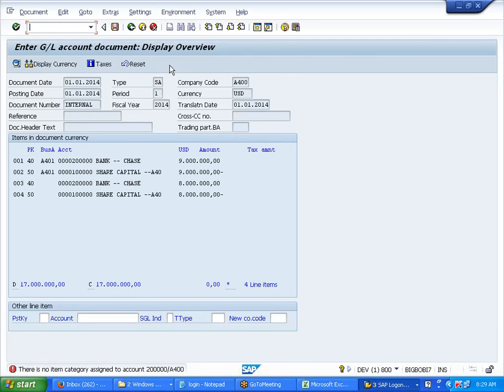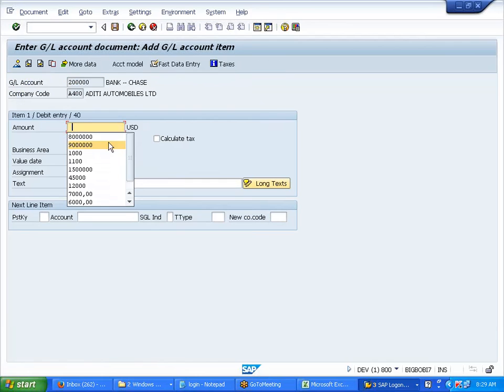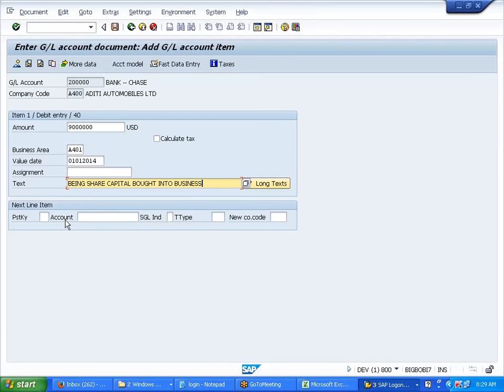I think I need to redo it again. 02 series. So I'm giving business area, value date. I'm posting again 40. I'm not posting 50. 40, 2 series.